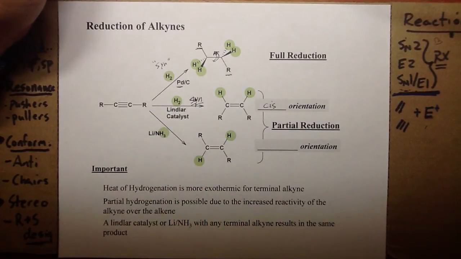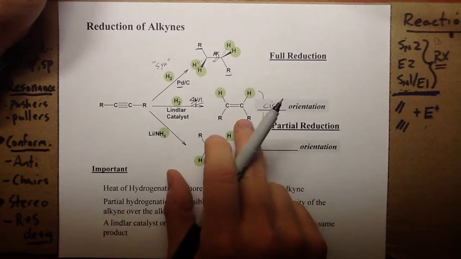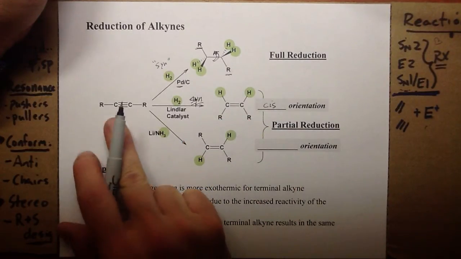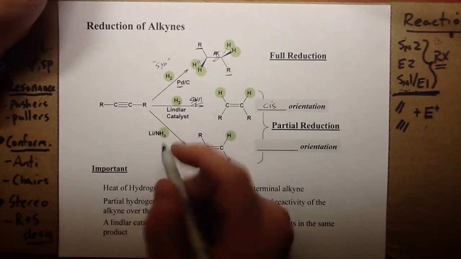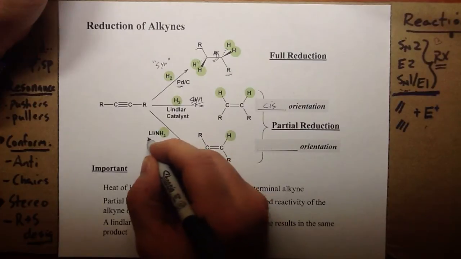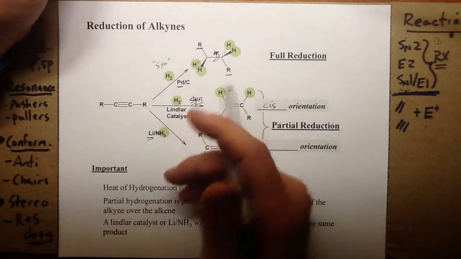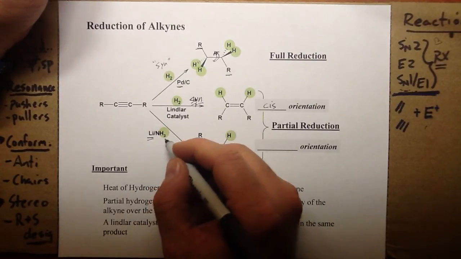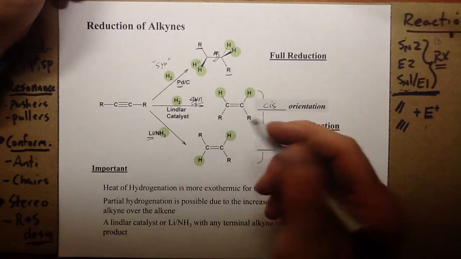The last reaction is a complement to the hydrogen with Lindlar catalyst, partial reduction to form a cis product, if we have an internal alkyne. If we have an internal alkyne, these being R groups, alkyl groups, we can also use lithium or sodium metal, meaning the reduced form that's very reactive, lithium metal or sodium metal, and ammonia, NH3. If we use those two, we get a metal dissolving reduction,